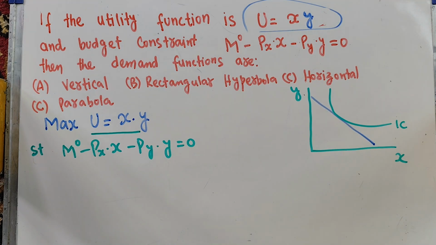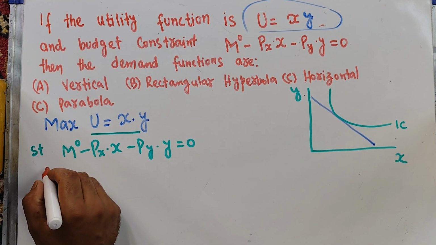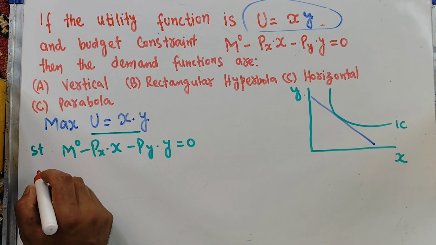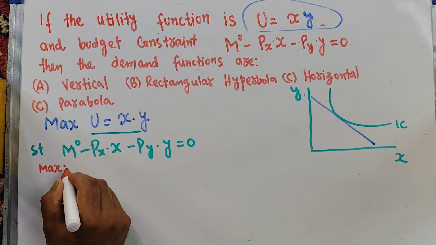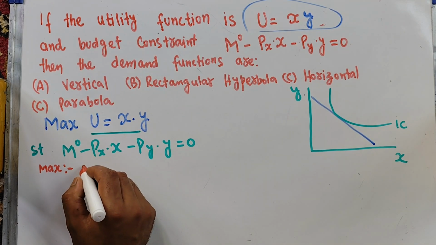Okay, so we have the tangency condition, that is, the consumer maximizes his satisfaction at a point where the slope